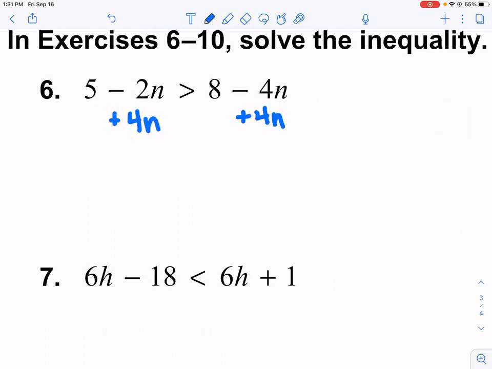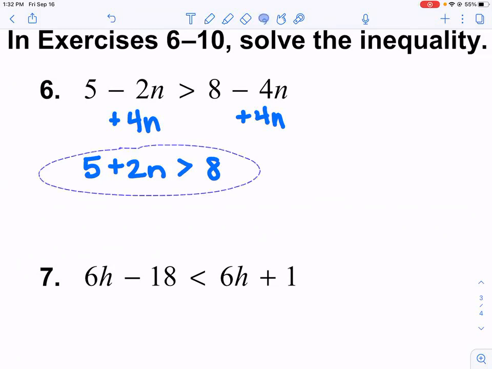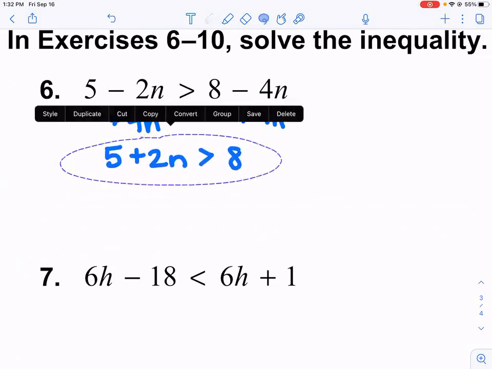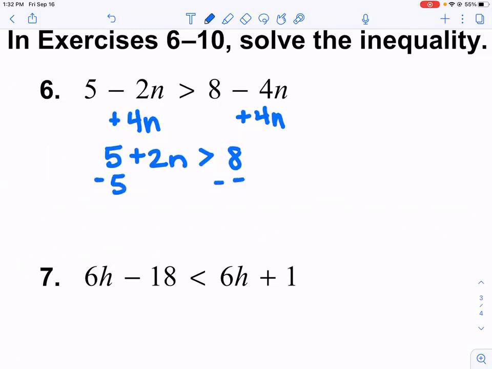Okay, it's going to be a better idea for us to add 4n to both sides. That way we have 5 plus 2n is greater than 8. Okay, now our variables are on the left side. Seth, what do we need to do with that 5? We need to subtract it. Okay, so if we subtract 5 from both sides, we get 2n is greater than